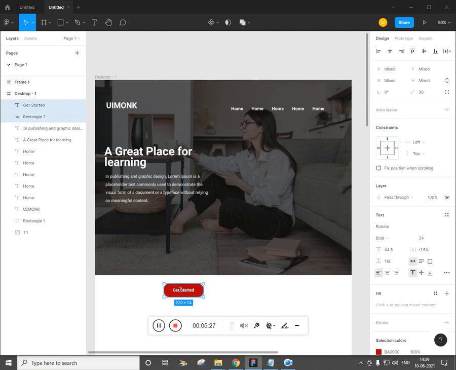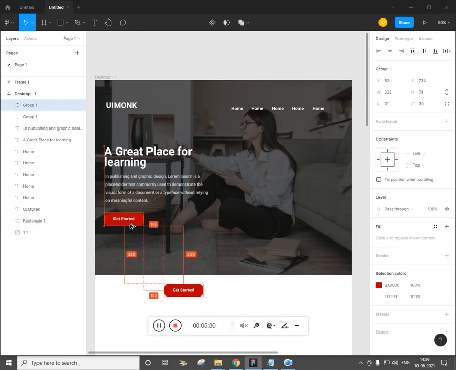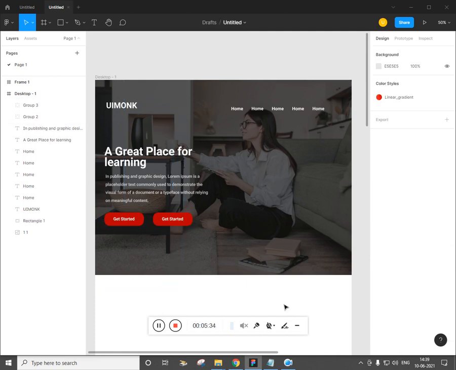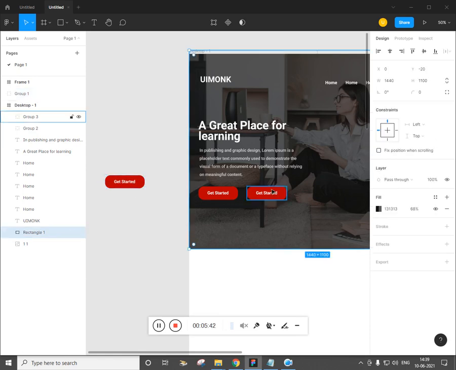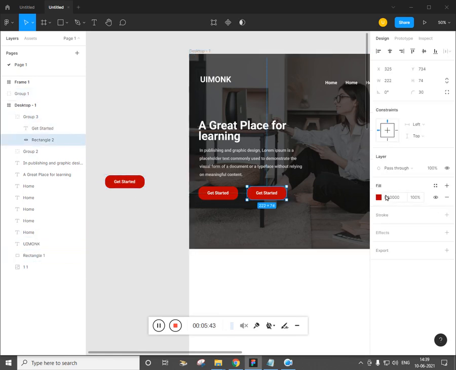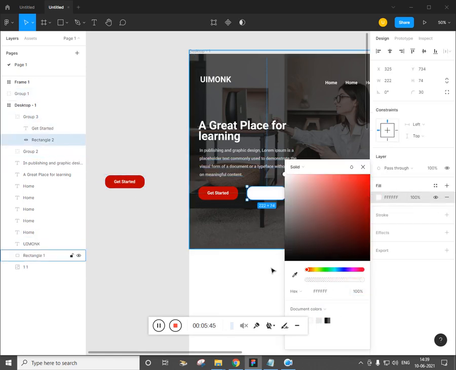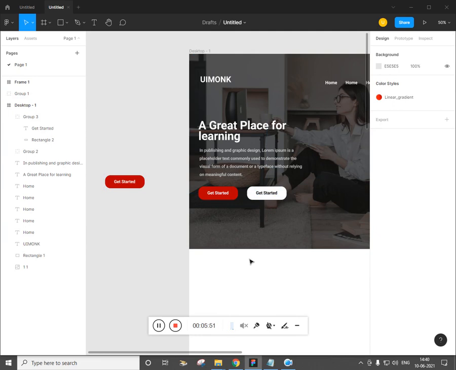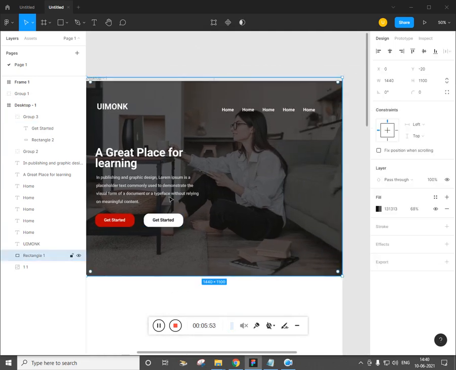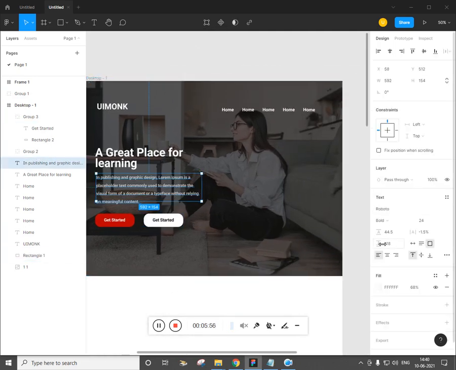Now keep it as a group. This is the first one and this is the second one. I can delete this, or you can keep it separate so that whenever we need it we just drag it and use it. Cool. Now select this individually by Control plus. By pressing Control you can individually select it even after you group it. Once it is grouped, if you just click, there would be a problem. So to avoid that, you can press Control.